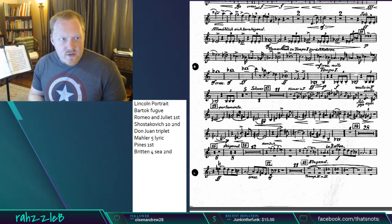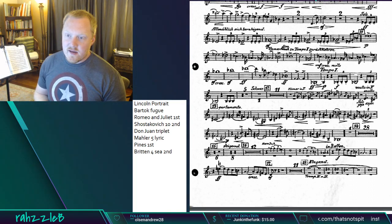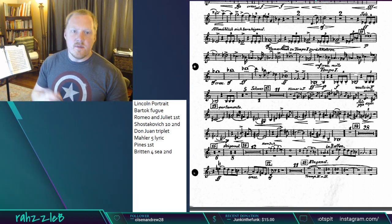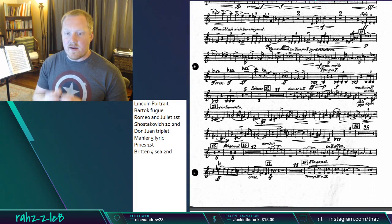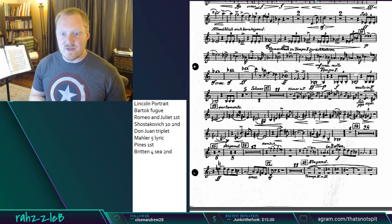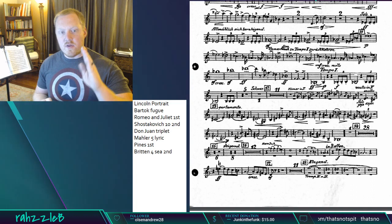So ironically, even though this is a lyric excerpt, a lot of times I feel like time is my worst part of this excerpt. So I look forward to using the metronome to check in with my time. But right now I can tell I have a tendency to be a little bit behind, actually, which is pretty normal. With, like I said, I think I said this the last time I played it, but with these eighth notes,